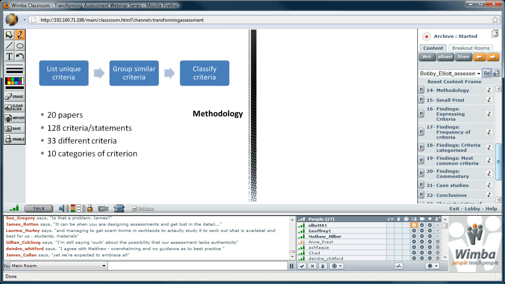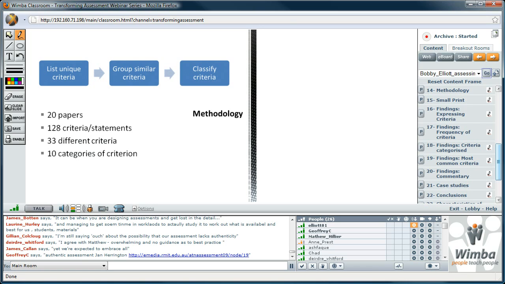Many of those statements said much the same thing in a slightly different way. I've got examples of that coming up. So although I'm saying that the 20 rubrics had 128 criteria, they didn't really. It was really a criterion about participation, but there would be 10 or 12 or 20 criteria that were really about participation, but worded in a slightly different way.